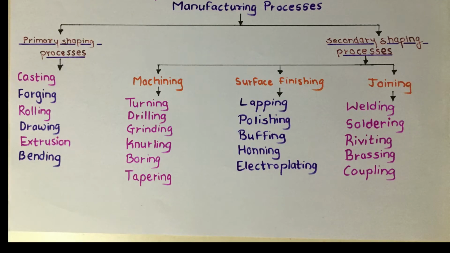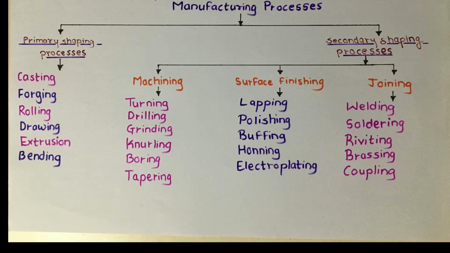In this video, we will see what is manufacturing process and types of manufacturing processes. As we all know, to produce any product, we need to perform some operations on the material to convert it into finished products. These operations are known as manufacturing processes. There are different types of manufacturing processes, but the manufacturing process is mainly classified in two terms. First is primary forming process and second is secondary shaping process.